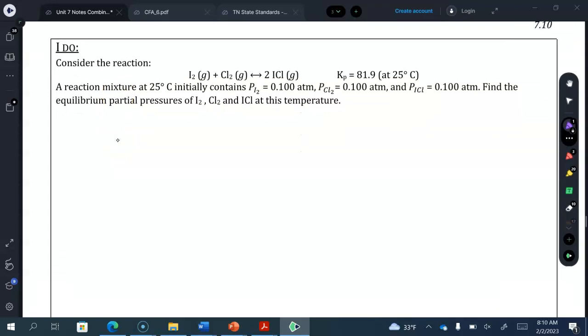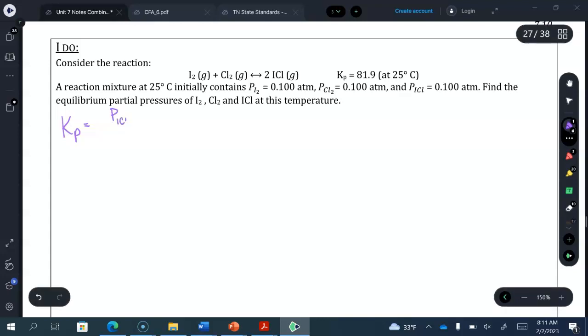So we're going to consider this reaction between iodine gas and chlorine gas to yield iodine chloride. The reaction at 25 degrees C initially contains the following pressures. Find the equilibrium partial pressure of I2, Cl2, and ICl at this temperature. So remember our steps. The first thing you need to do is to write the equilibrium constant expression. Because we're given pressures, we have to write it in terms of pressure. So products, which is ICl squared, over reactants,